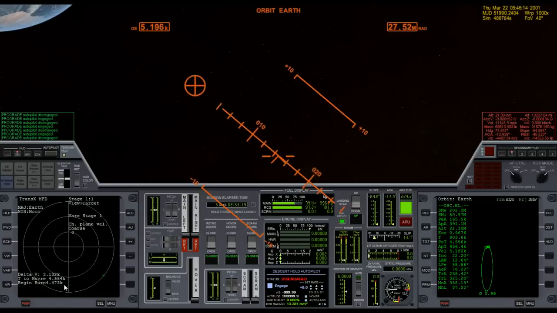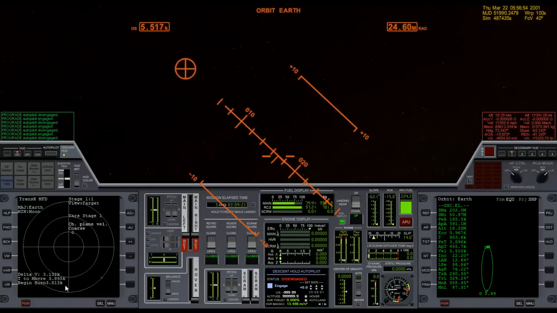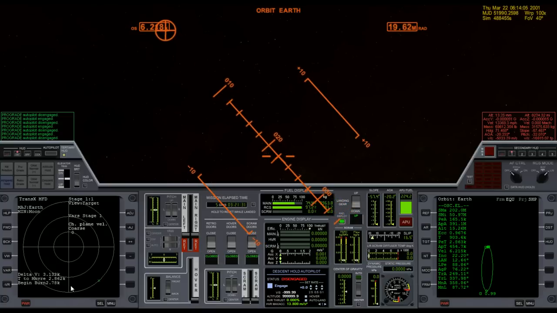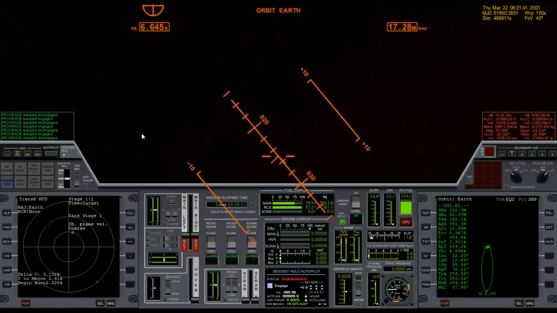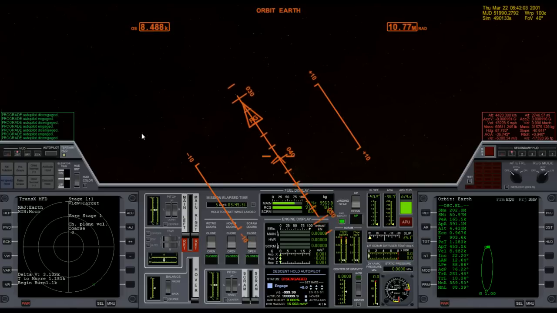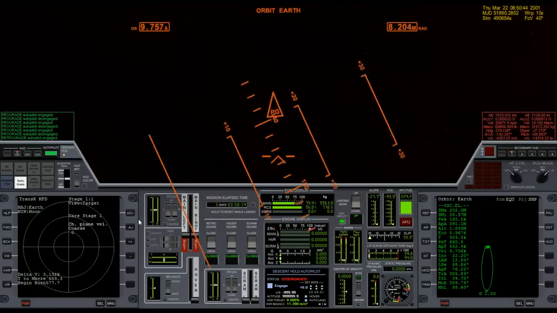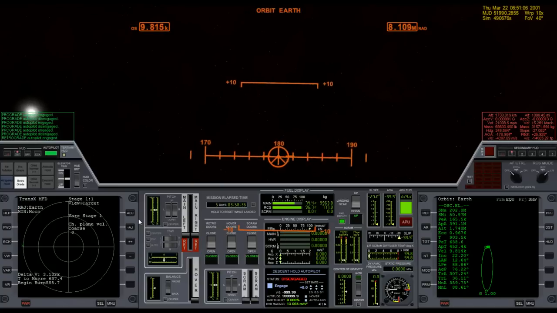But I do got to be careful, because as I mentioned in my last video, when I get in close to the Earth and it starts rendering textures, my computer will hesitate a little bit, especially when I'm doing these screen recordings. Okay, that's as close as I want to get, because my computer will hesitate if I'm not careful. So I'm going to go to the retrograde position,